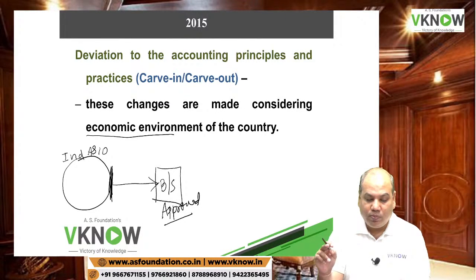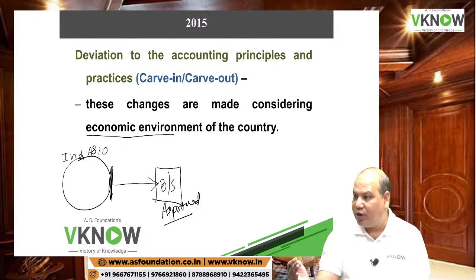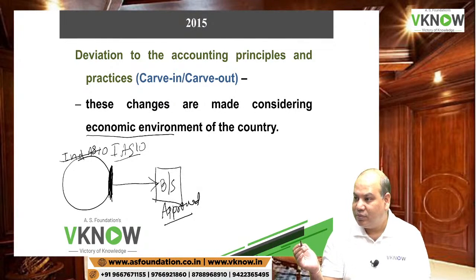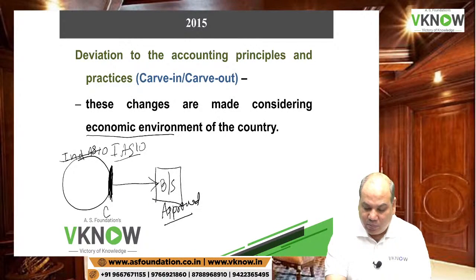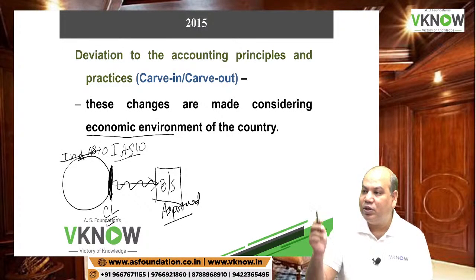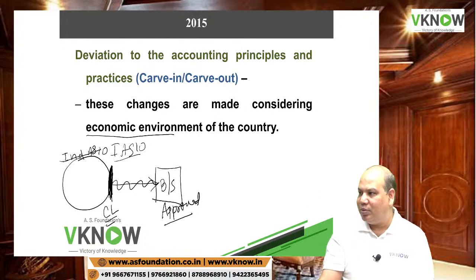If the loan breach has been rectified, but under IAS 10, once you have committed the breach on the balance sheet date, it becomes a loan payable on demand. A loan payable on demand means it becomes a current liability. And therefore, even if the breach is rectified after the balance sheet date but before the balance sheet is approved, still IAS 10 will say it will be a current liability.